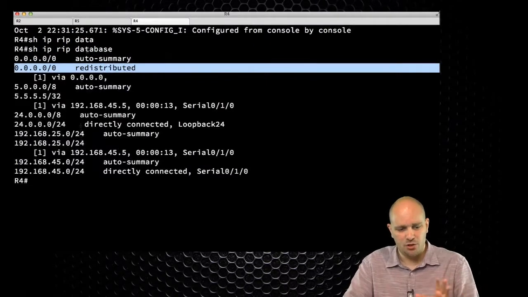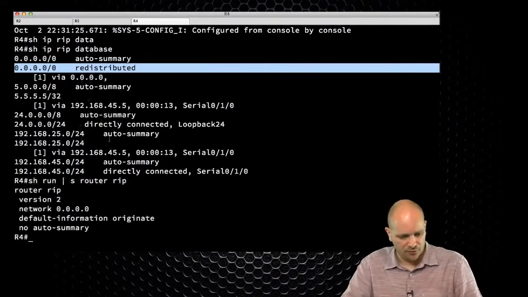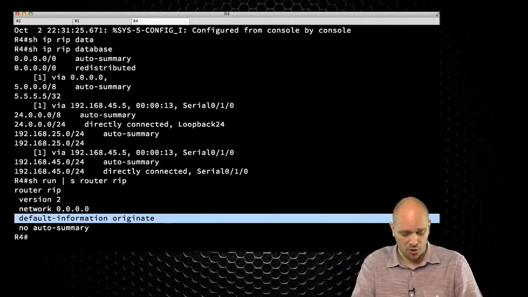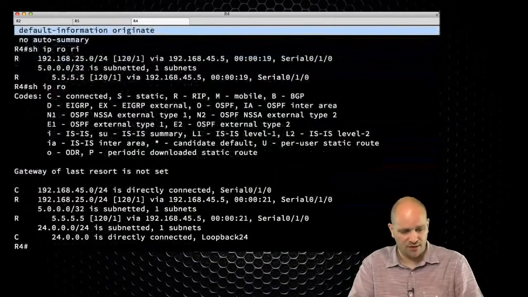So typing just default information originate in RIP will actually unconditionally inject the default route. So we are going to inject the route even if we have it or if we don't. So show IP route. Here we don't have the default route. It was never configured. So if I do show IP RIP database,